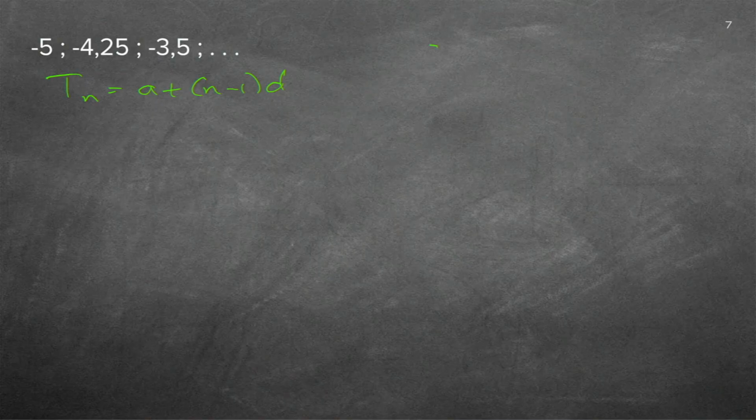And how does one get d? You always say right-hand side minus left-hand side. So I'm just going to take minus 4,25 minus minus 5. Be very careful for that substitution. If you don't put the minus 5 in a bracket, you will not see it must become a plus. So in the end, I have minus 4,25 plus 5, which is 0,75, which is 3/4. Now, you can decide for yourself.